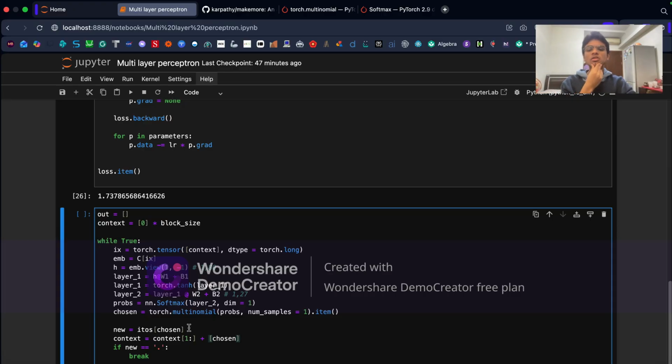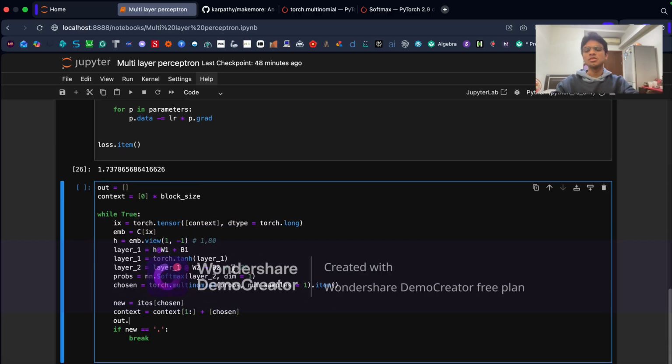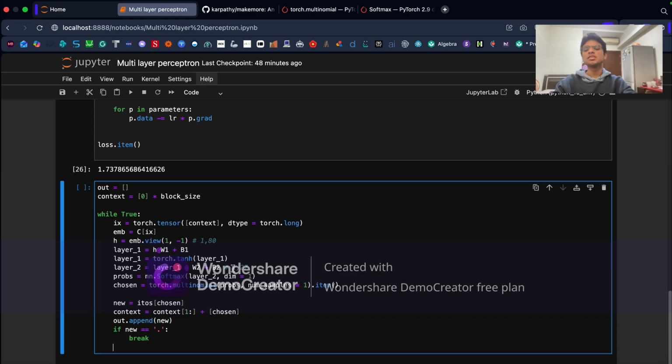And that would give you your new context. This would allow the system to keep repeating again and again until it reaches this dot, right? So it would keep calculating new. It would keep looking at whether or not it's a dot. And you would say here, out dot append new, right? You would say out dot append new, and then finally, when it breaks, you would say,